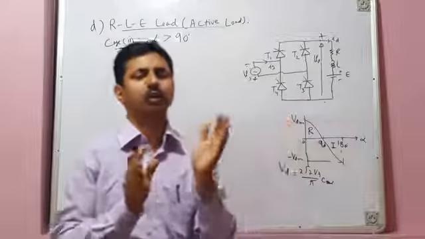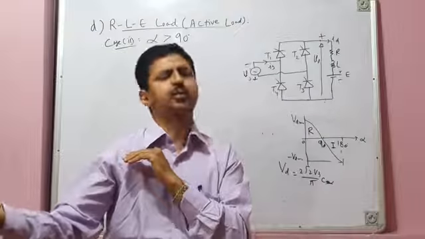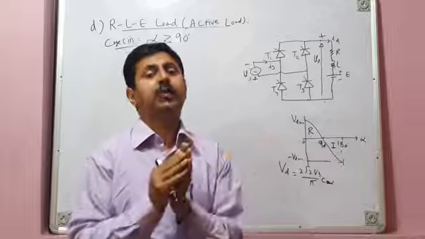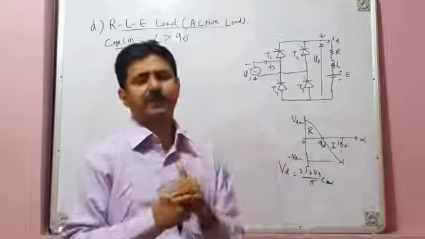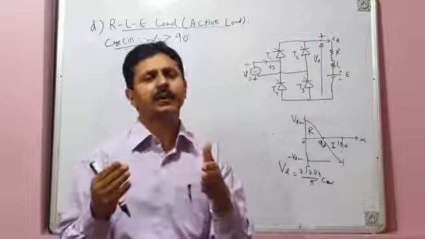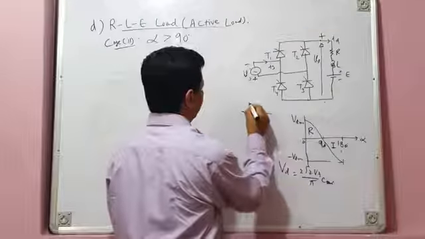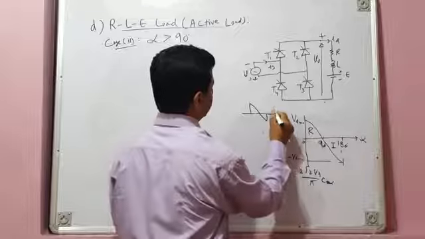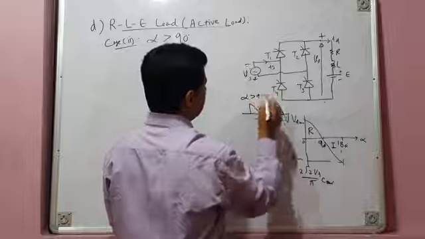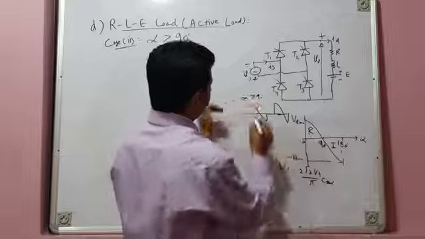Let us take the practical loads, R and RL load. For R load, alpha greater than 90 degrees will still produce positive average output voltage. You have seen that in those waveforms. And for RL load also, just a few moments back, we have seen what happens when alpha is greater than 90 degrees. For alpha greater than 90 degrees, again your average output voltage is positive. If you remember, I will recall, your positive segment was more than the negative segment. Your load voltage was something like this for RL load, alpha greater than 90 degrees. So since the positive segment was slightly more than the negative segment, your average load voltage was positive.